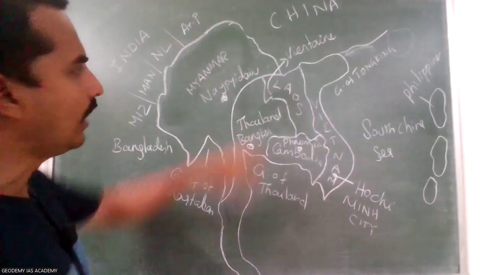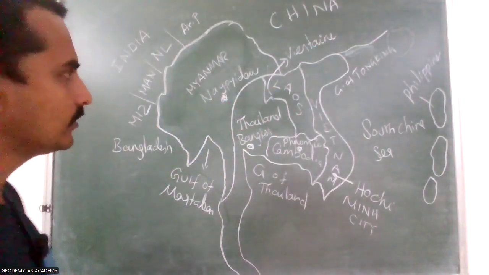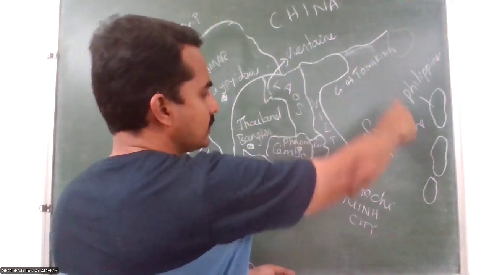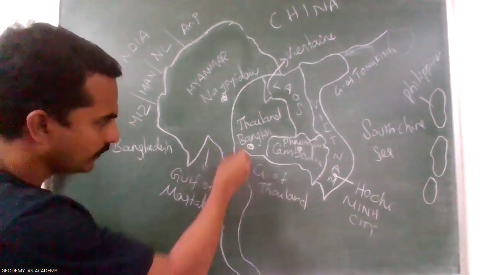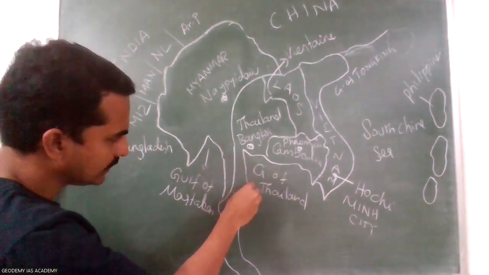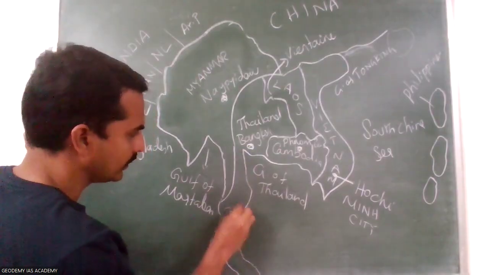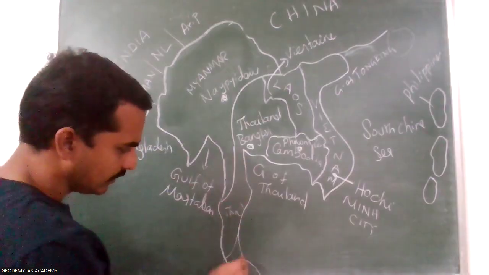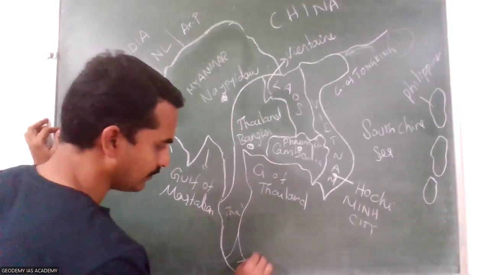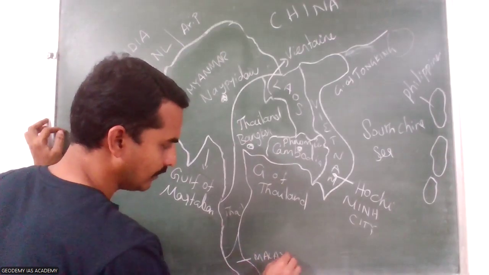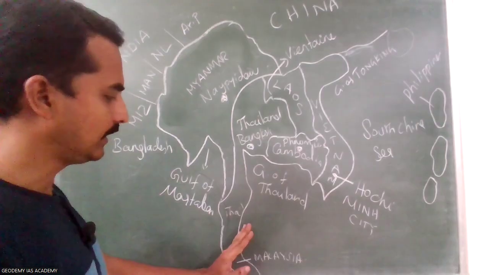And among these, Laos is the only country which is landlocked in the Indo-China Peninsula. Okay. So the Indo-China Peninsula is covered by the Gulf of Tonkin, South China Sea, and the Gulf of Thailand. Okay. Done. And here the Thailand, which extends up to this spot. It is Myanmar, it is Thailand, and here Malaysia begins, and up to Singapore, it is called the Malay Peninsula. Okay. So Malaysia, Indonesia, we shall discuss separately. So here the Thailand ends.